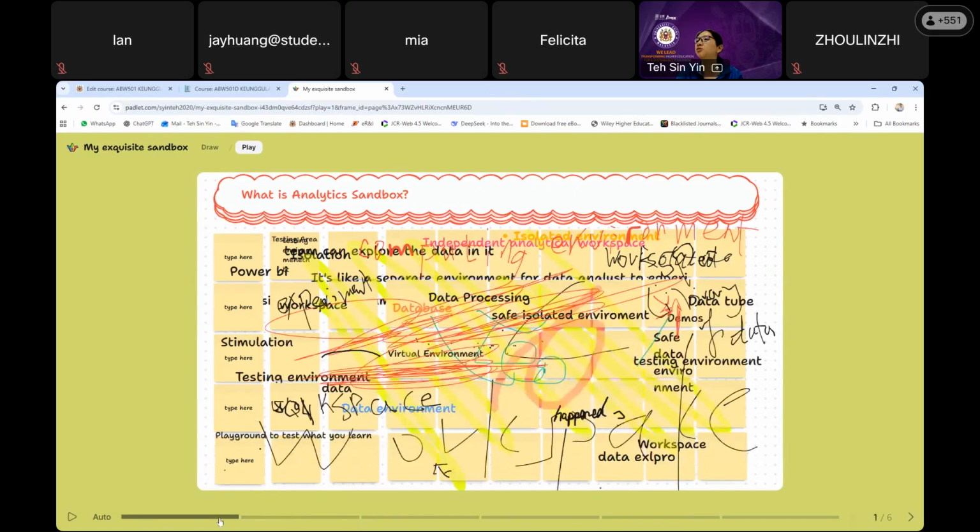Okay. The first page, too many things already. Hello, you are not kids. Please be professional. You are not kids. Don't do this kind of thing. This kind of thing is not a mature adult thinking. We are learning. You should be a professional learner. So I'm not going to discuss this part.